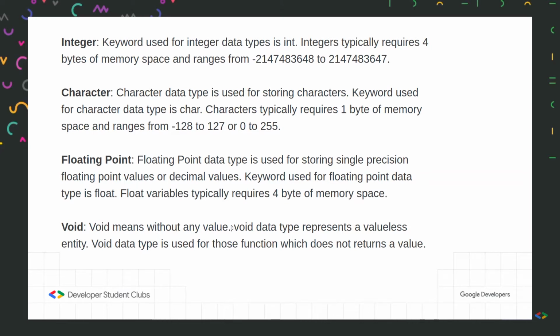And void is basically an empty data type. Void means it's empty, so it does not have any kind of value. There are instances when void is used. Most commonly, when we declare a function that has nothing to return. So when a function returns nothing, we declare it as void. But in case a function is returning an integer, we declare it as int. I guess you might be knowing about what functions are. In case you don't, we'll be covering them. But most probably you know all this stuff.